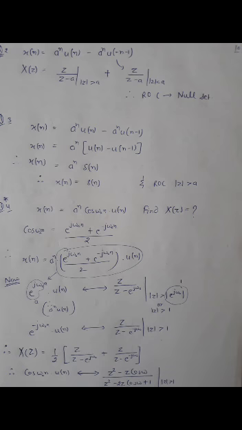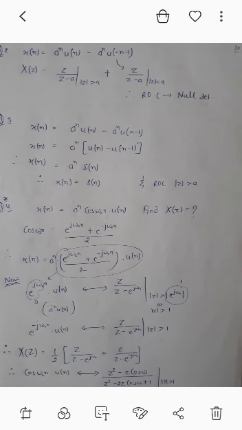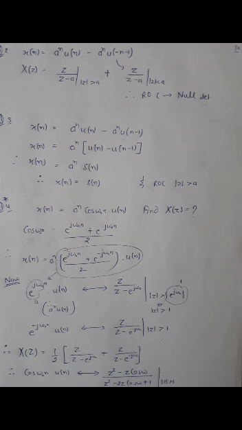Again this is similar to the last question, a^n u[n]. Here a is e^(j omega naught). So the answer will be z upon z minus a, where a is e^(j omega naught), and the important part, the ROC, will be mod of z greater than mod of e^(j omega naught). The mod of e^(j omega naught) is always 1, because it is the square root of the real part squared plus the imaginary part squared, the cos and sine parts, so the mod will be 1.